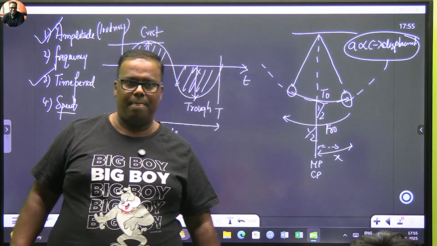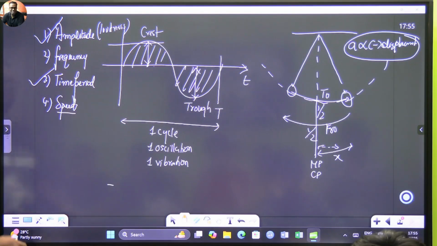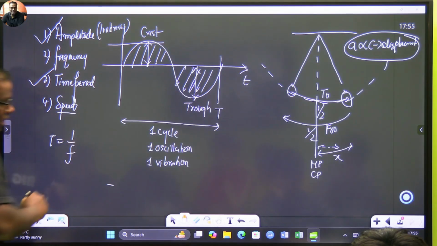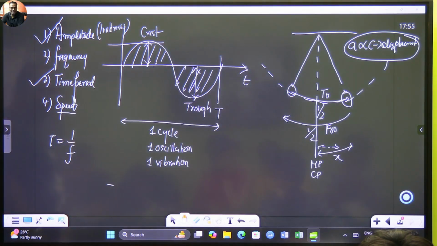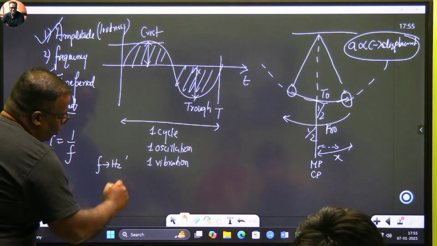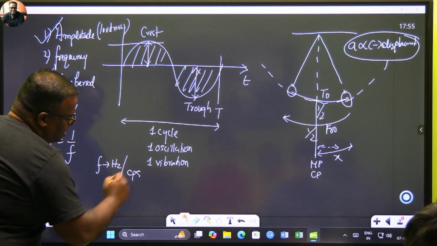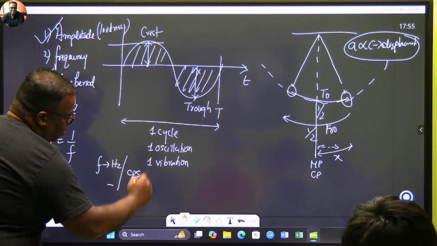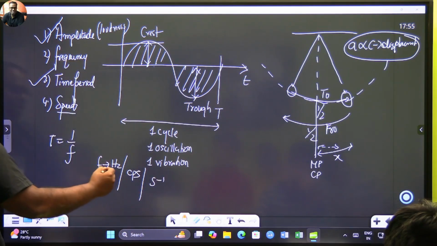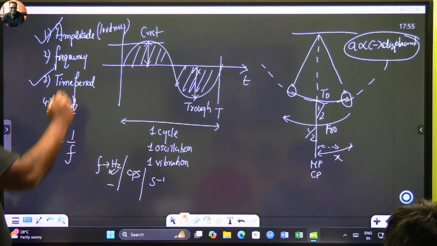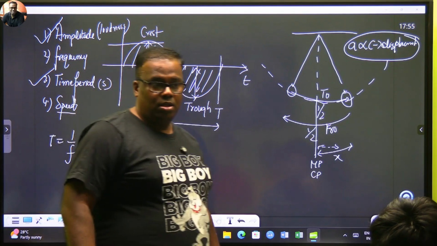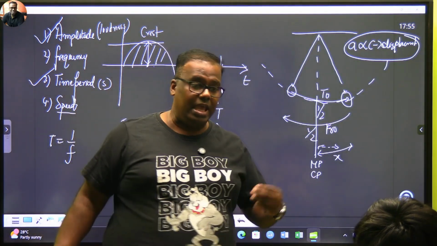समझ में आया? अब आते हैं फ्रीक्वेंसी में. फ्रीक्वेंसी और टाइम पीरियड आर जस्ट रेसिप्रोकल ऑफ ईच अदर. लेकिन फ्रीक्वेंसी को समझते हैं. फ्रीक्वेंसी का यूनिट इज हर्ट्ज. Also many people write it as cycles per second, और many people also write it as second minus 1. कोई भी एक, ये ज्यादा चलता है. दिस इज द SI यूनिट. टाइम पीरियड का यूनिट होता है सेकेंड. फ्रीक्वेंसी कहता है 1 सेकेंड में.